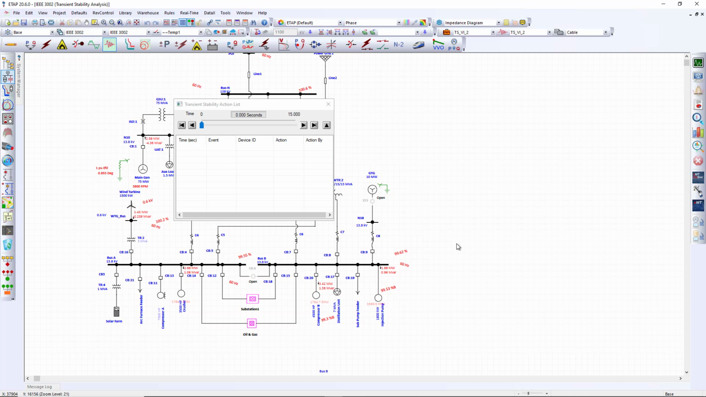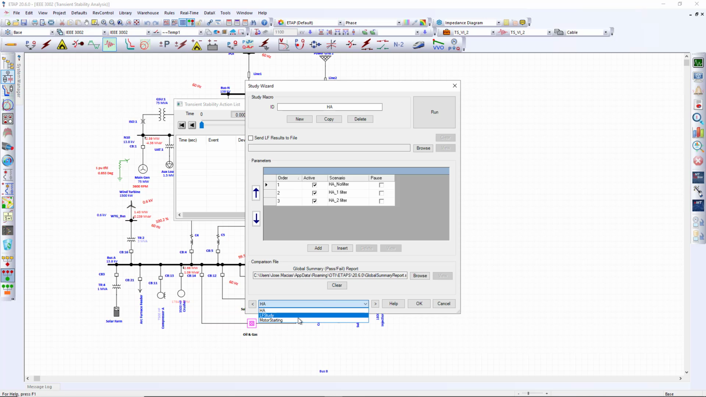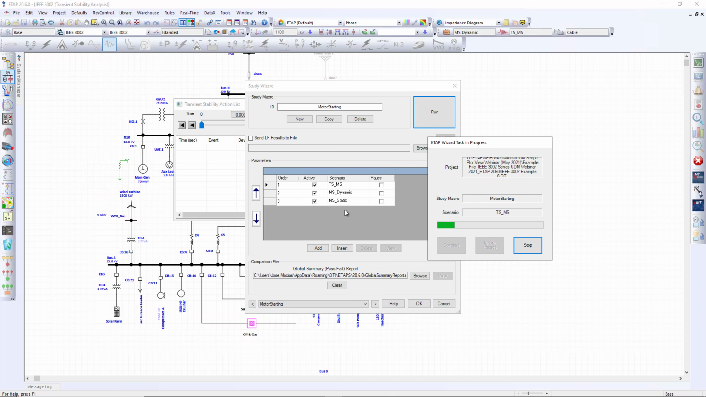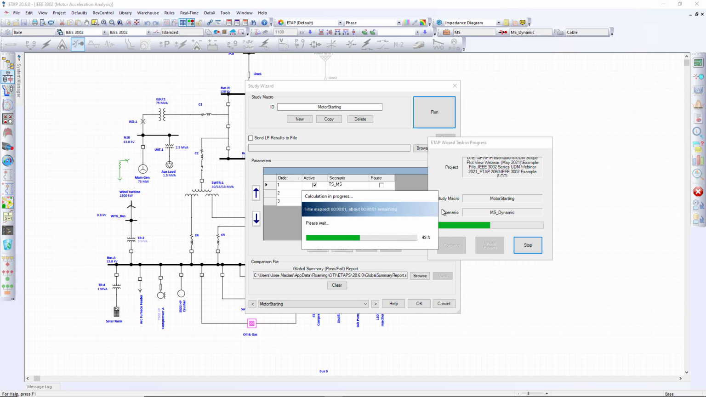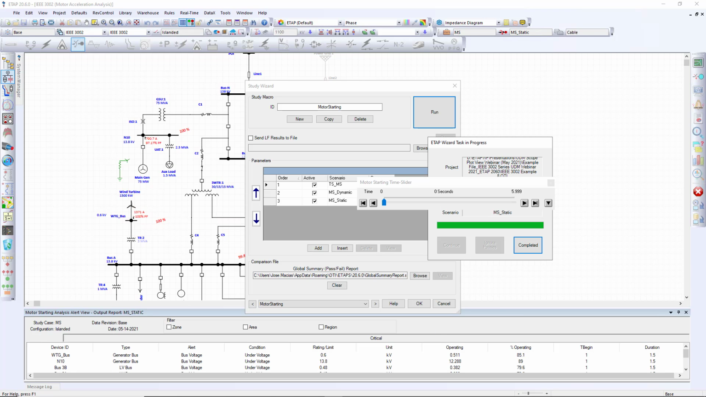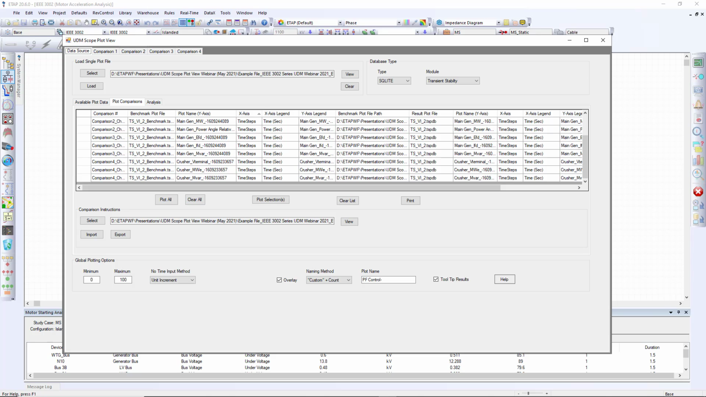So first of all, I'm going to run a quick macro of scenarios that I have already prepared for this presentation, where we're going to run basically the starting of a couple of motors in our system in 3 different modules or 3 different types of studies. The first one is the motor starting through transient stability, then through the motor starting module, but using the dynamic starting analysis, and the third one is going to be the static motor starting through the motor acceleration module in ETAP. So while ETAP is running in the background, let's go ahead and clear our tool,